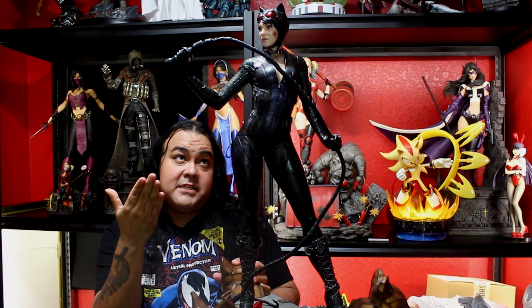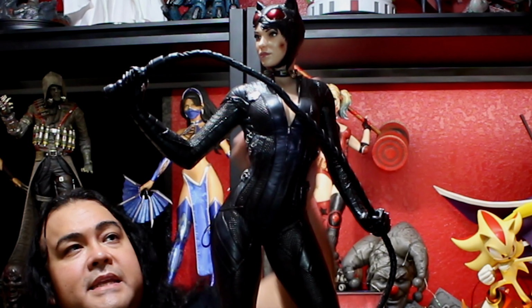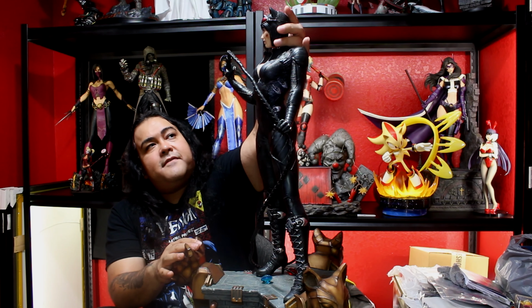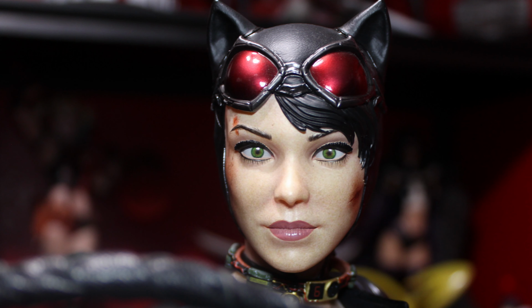Now Catwoman is actually wearing a collar here, but no, it's not a cat collar. It's actually a collar with a bomb strapped onto it, and it's referenced in the game where the Riddler actually puts his necklace on her with the bomb strapped onto it. And she has three portraits. First one here is kind of like an expressionless portrait, okay? Very cool, it's one of my favorites. The second